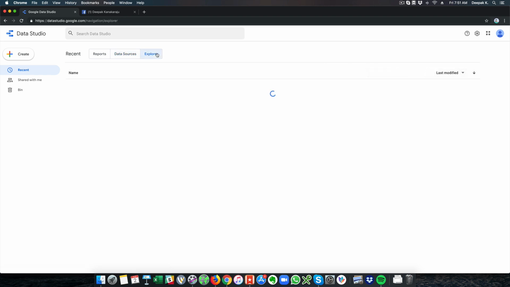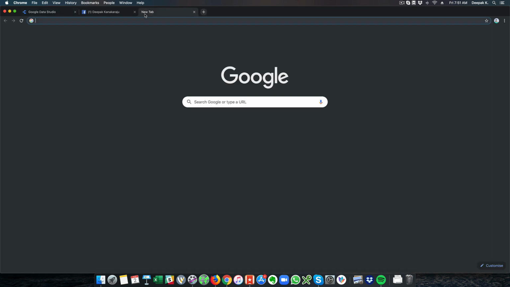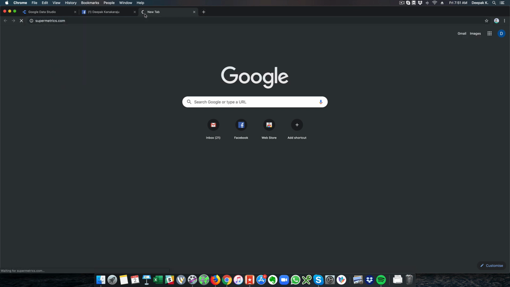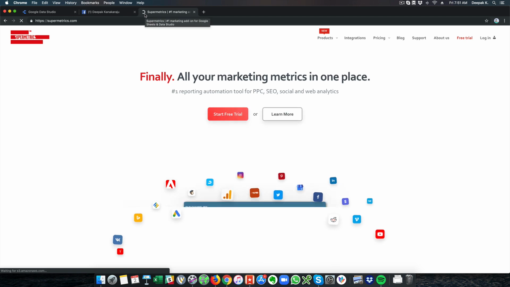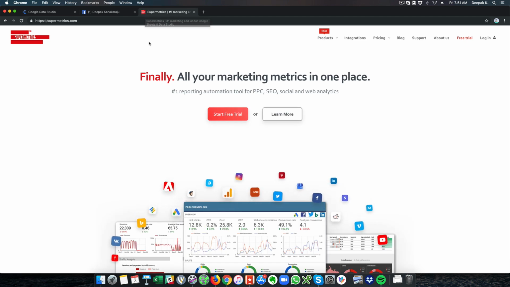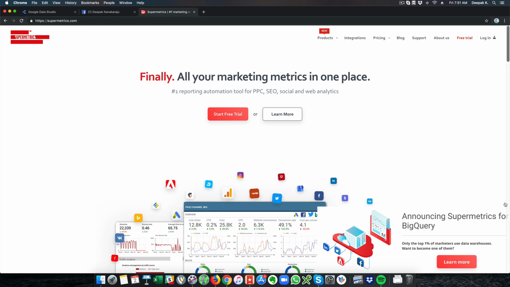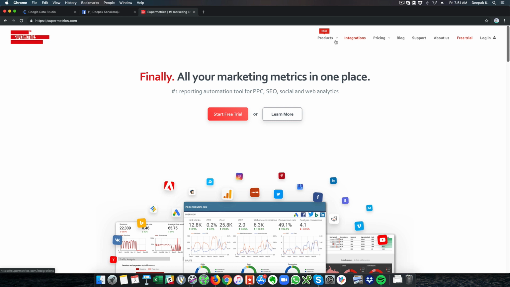So let me see if I can find Supermetrics here. For this you need Supermetrics. Supermetrics is a site which connects Facebook ads and Google Data Studio. For Google ads, you have a direct connection to Google Data Studio because both are Google's products, but for Facebook you need Supermetrics, and Supermetrics has a free account.